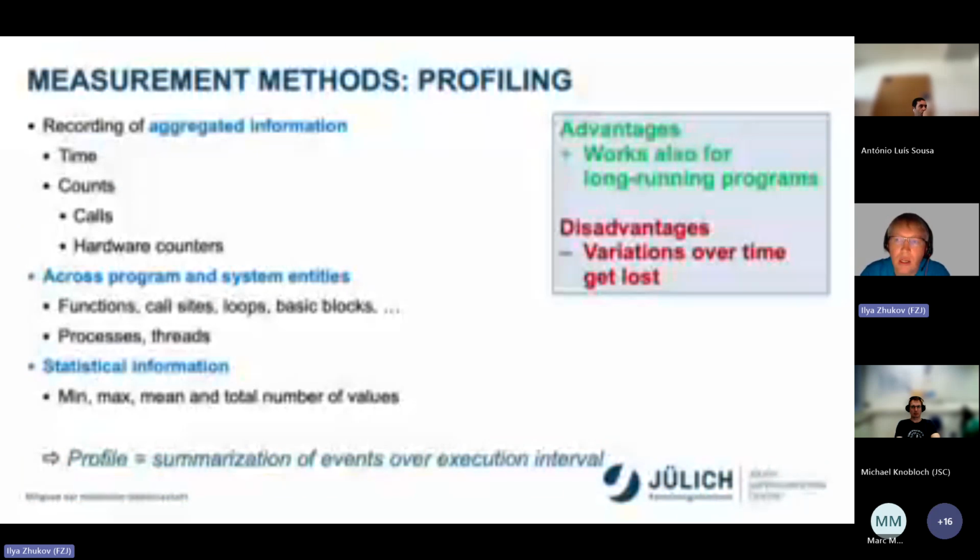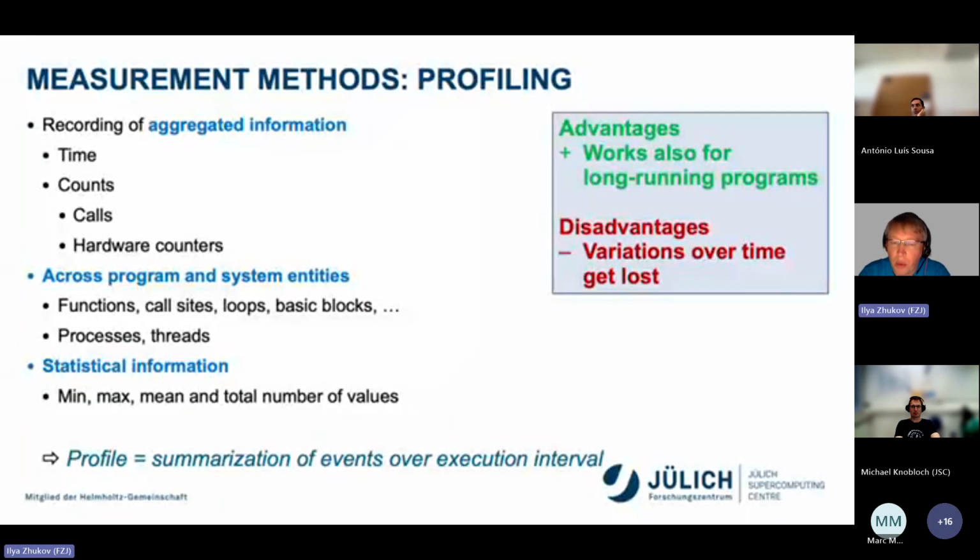What are the advantages of using profiling? It works with long-running applications. But the disadvantage is that the variations over time get lost.